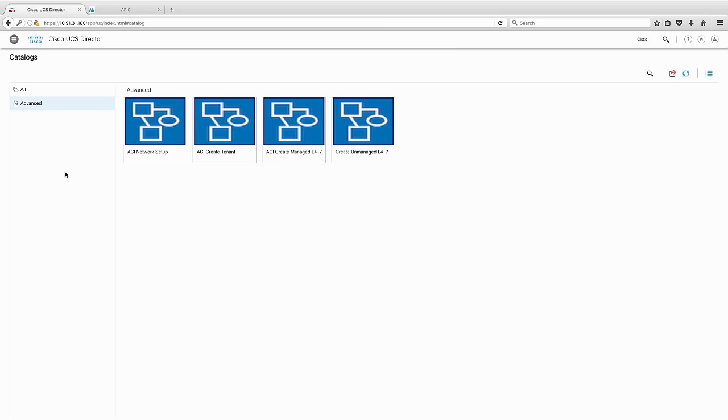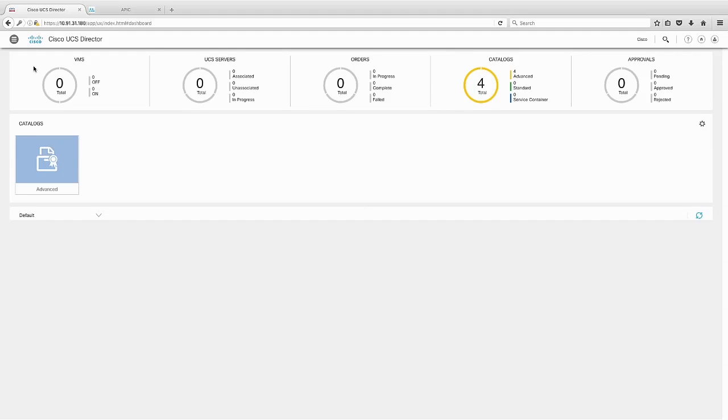So as you could see, I could be 2 users from 2 different business units, 2 different companies. I could be a contractor and somebody that works for the company, and I'm only going to see the workflows that I'm allowed to execute against based on the costs and the resource constraints and the catalogs that I have access to. And depending upon that as well, I'm only going to see the virtual machines that I'm administering, the UCS servers that I have access to, for instance, any approvals that I may have